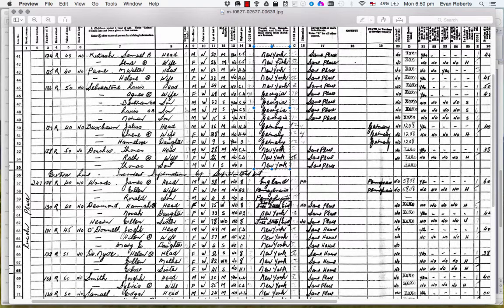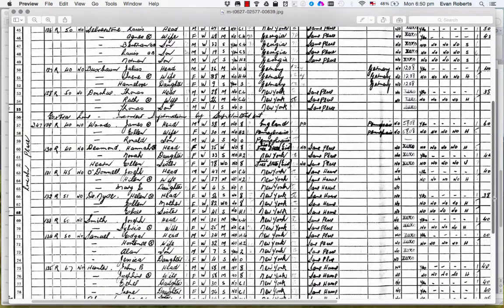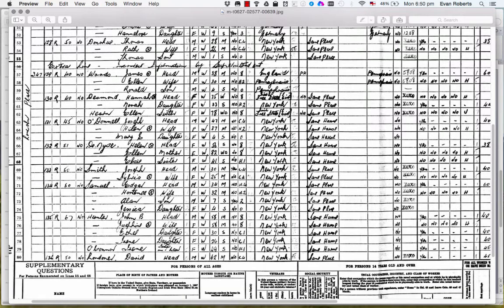And you can see here that surrounding my uncle's family, there's a lot of people who were born in New York, and then there's my uncle's family, and they're born in Georgia, apart from my great uncle there. Looking further down the page, remember this is New York. It's Brooklyn. We know that today Brooklyn has a lot of immigrants. Well, looking all the way down this page, we see some people from England, people from Pennsylvania. Pennsylvania is pretty close to New York, and then we have a whole lot of other people